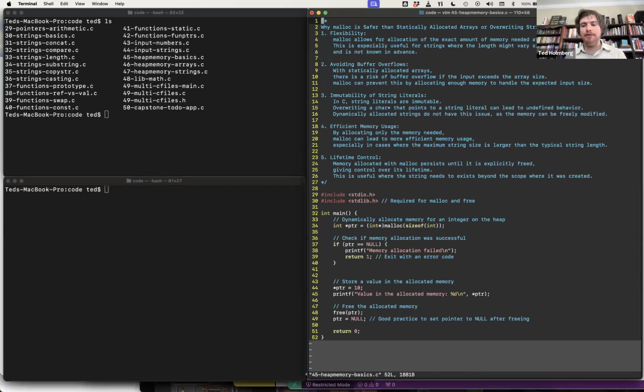It allows you to have immutable string literals. It's a more efficient use of your memory, and it just gives you better control over your data over the lifetime of your application. So with that said, let's see how we can actually just declare an integer value, something